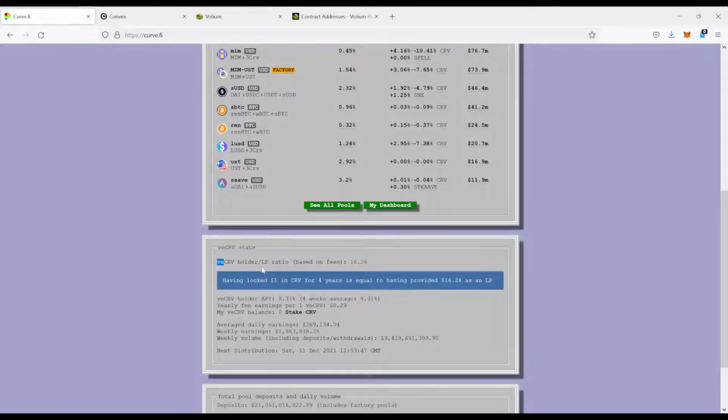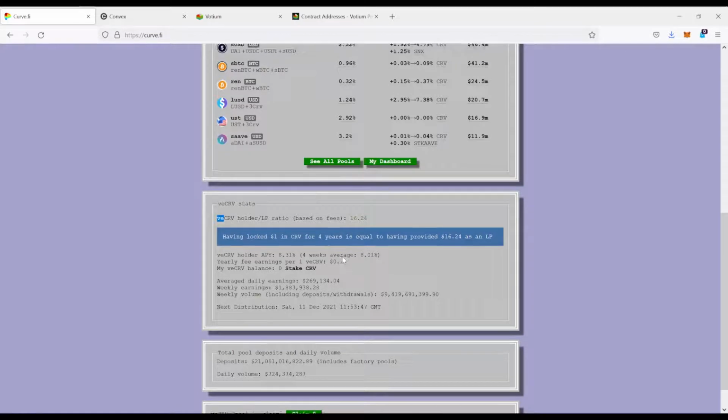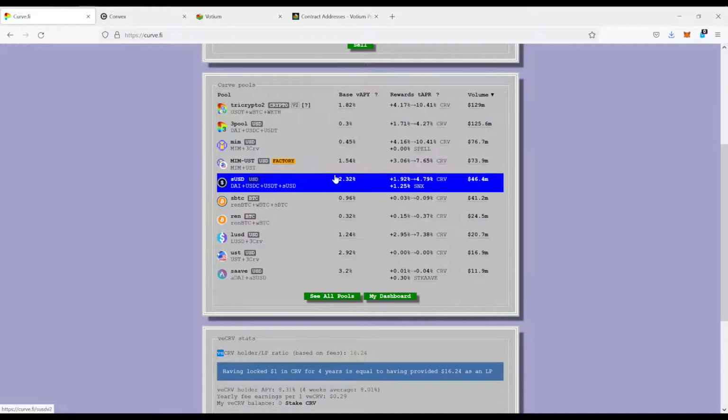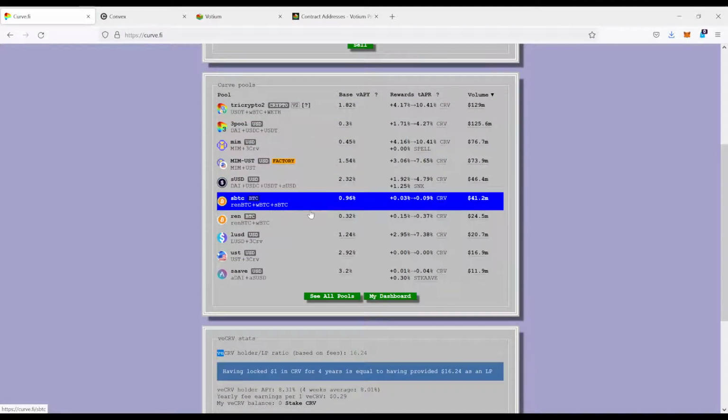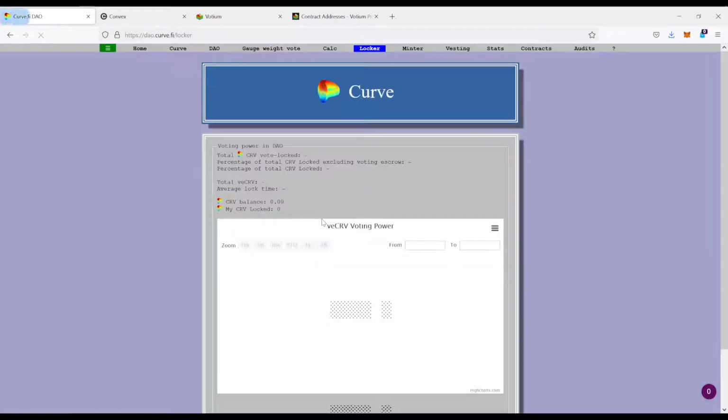When you lock up your CRV tokens, you get those VE CRV tokens, which stands for Vote Escrow CRV tokens. And those basically give you the right to vote in this process. And of course, this vote also gives you some goodies, some rewards if you vote. But later more on this point. Important to know for now is that if you have CRV tokens, you can stake them or lock them in this case, if you come over here. And you have different options right here